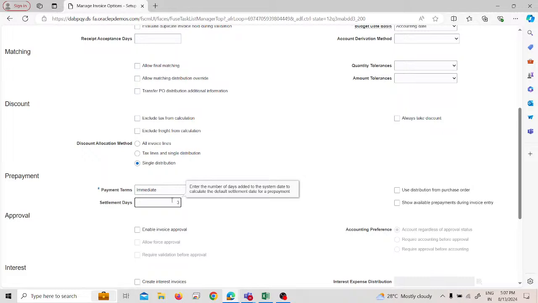Okay, when you have issued the invoice, it will give you the 3 days total. So we are not going to select this option. Here we have to select this: show available prepayments during invoice entry. Why do we select this? Because if we don't select this, it will not show you. We will see when we create the prepayment invoice and the standard invoice on the supplier